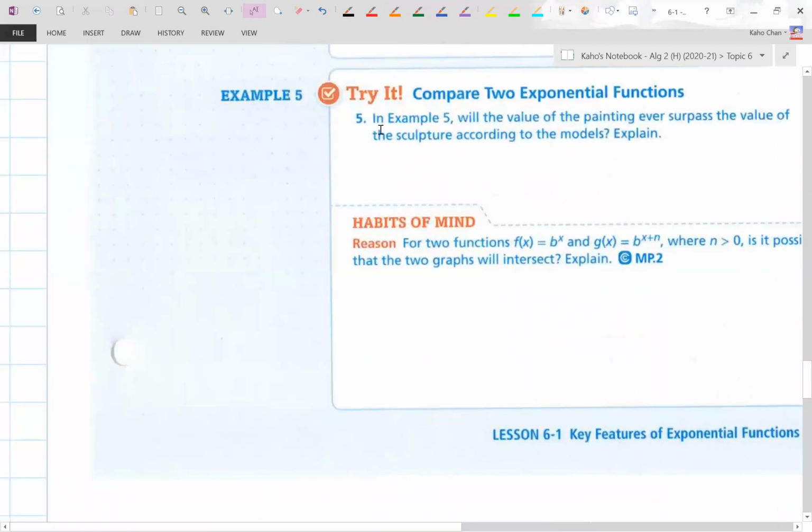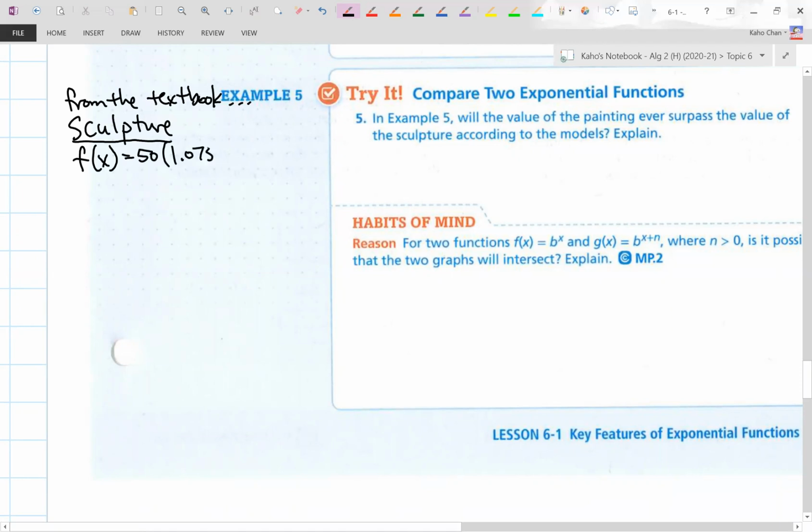Okay, so number 5 is referring to an example in the book, and I need to explain that. Let's go off to the left here and create our own, from the textbook. It's actually in the textbook. Example 5 says we have a sculpture, and this sculpture has a function that refers to how much its value increases. Now, I say increases, I kind of jumped the gun a little bit, because the multiplier was 1.075 to the x power. Question, in 5 years,